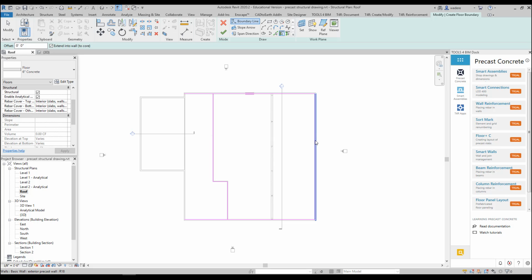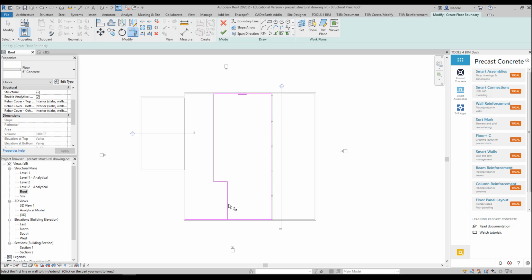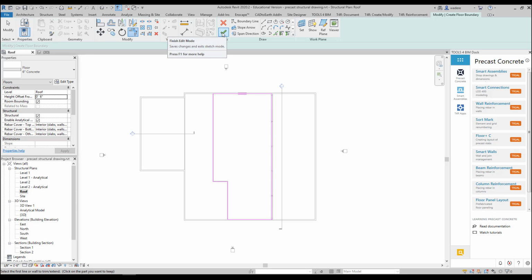It's going to be easier to go ahead and move this to where it's centered over here and do these as two separate roofs. We can actually take care of that in the program, but I think it's easier just to go ahead and separate those roofs at this point. So now I have this center roof, and I want it to be at, from the roof layer, since I did 6 inches, I want that to be 6-inch offset, so that it sits on top of my beam. I'm going to click on my check mark,